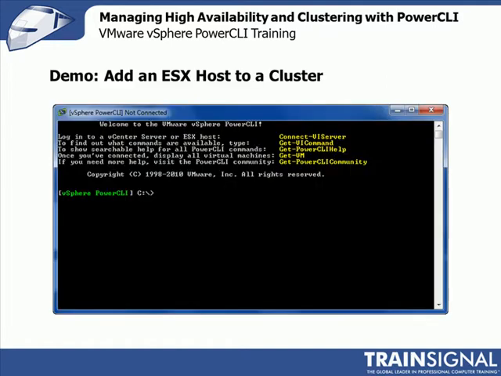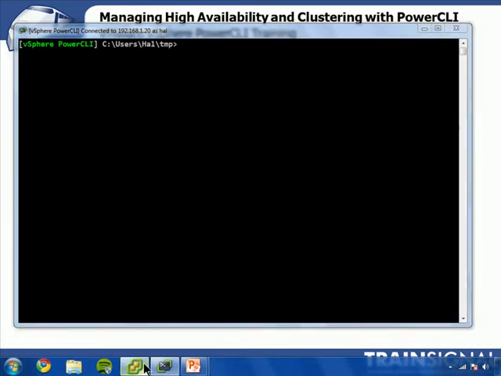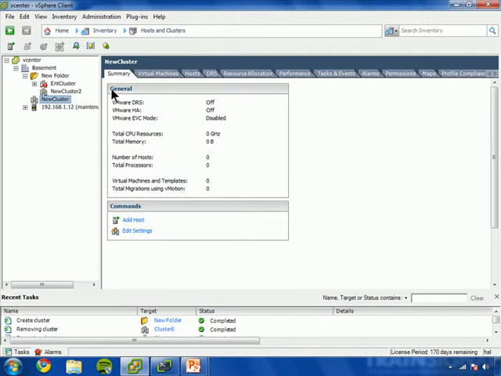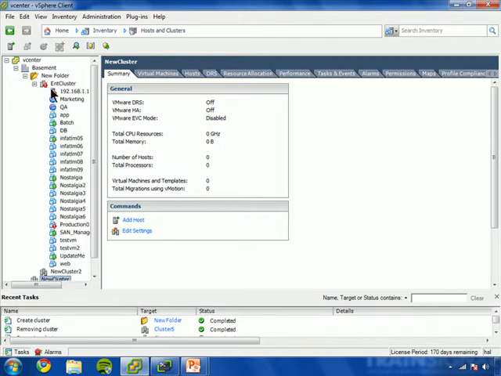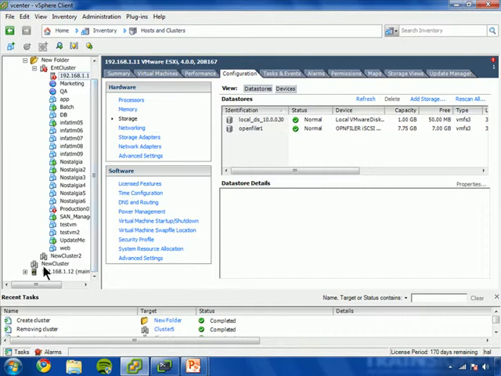Let's go straight into a demo, and I will show you how to add an ESX host to a cluster. And then I've got another demo right after that to show you how to modify the cluster high availability settings. Okay, let's go first. I will show you in my vSphere. I used to have 2 ESX servers in my Ent cluster. I've taken that one out, put it in maintenance. You can see here